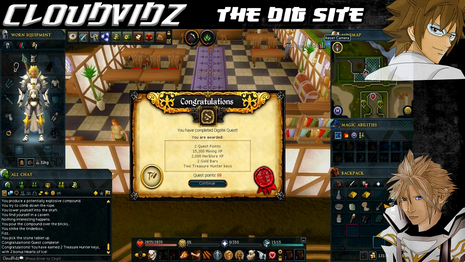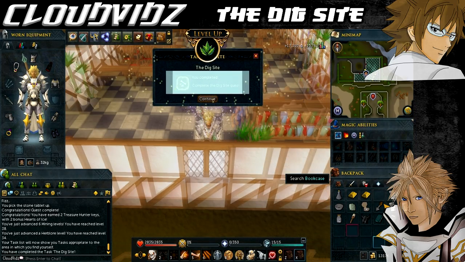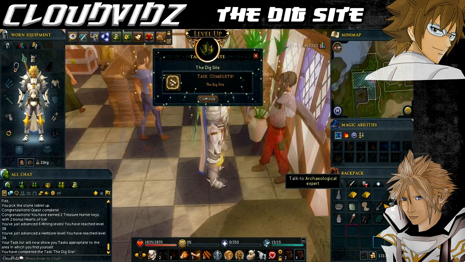So, after you finish speaking to him, we'll come up with congratulations, you completed the Dig Site quest. You're awarded 2 quest points, 15,300 mining experience, 2,000 Herblore experience, 2 gold bars, ability to do Varrock museum specimen cleaning to obtain kudos and a dig site pendant, 2 treasure hunter keys for use in Treasure Hunter, and 2